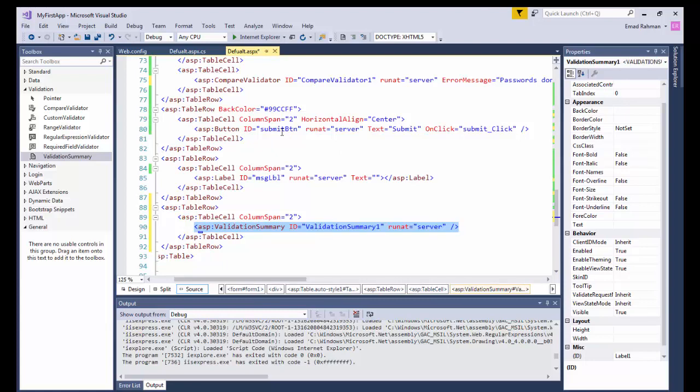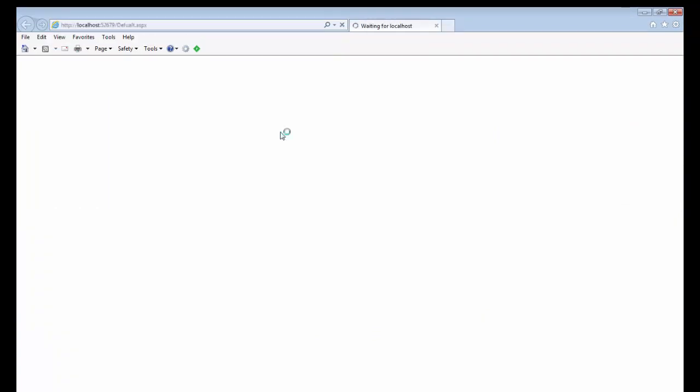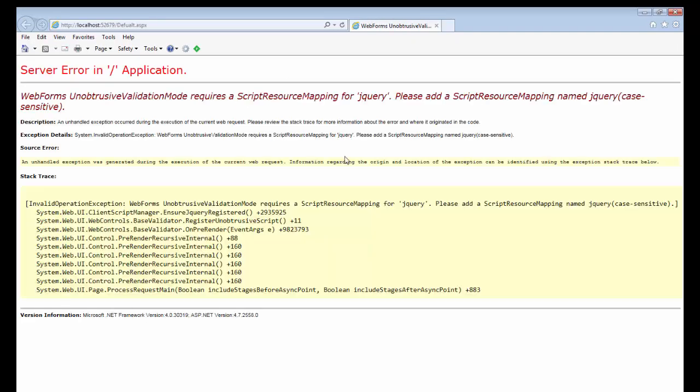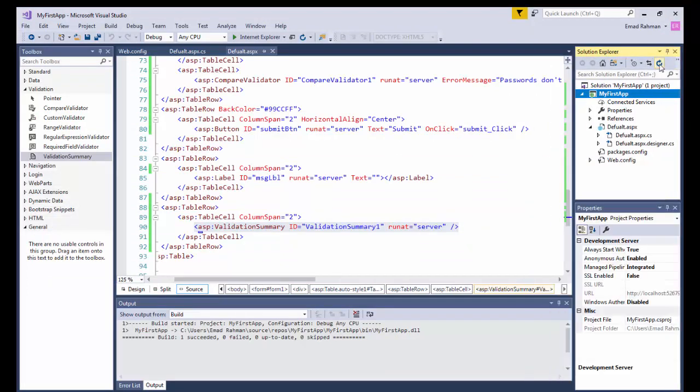Okay, so let's see what we have done so far. Let's run. So Ctrl F5. Okay, it's taking some time and we have an error. So this error mainly says that we need a script resource mapping for jQuery. So this is easily fixed. So what we need to do is we need to go back to our Solution Explorer, and we